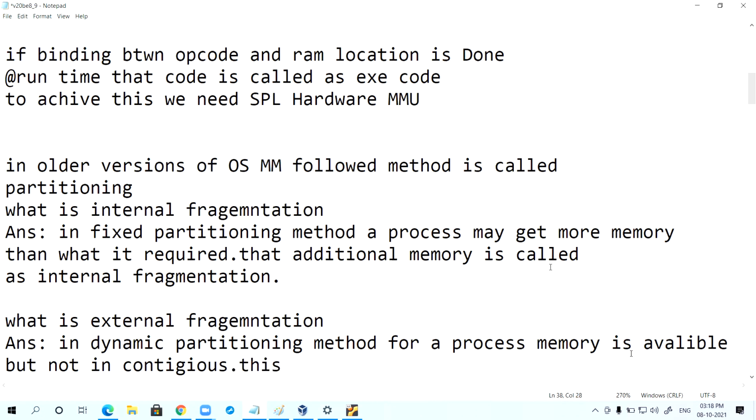So this is called external fragmentation.